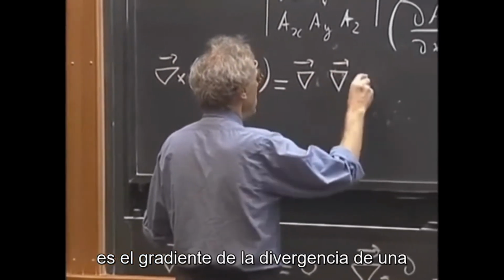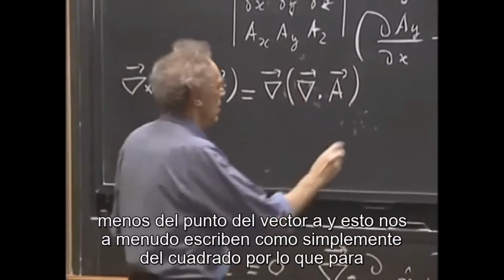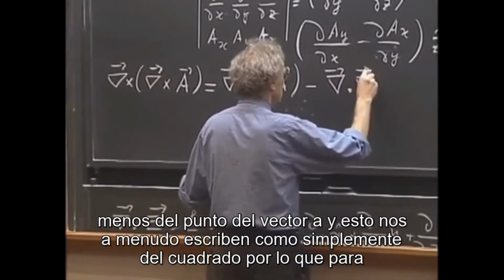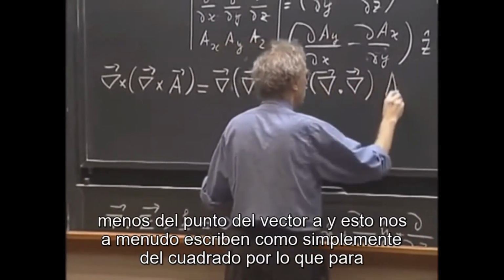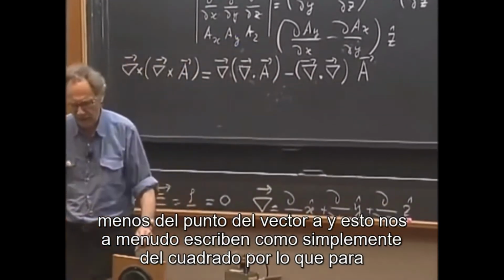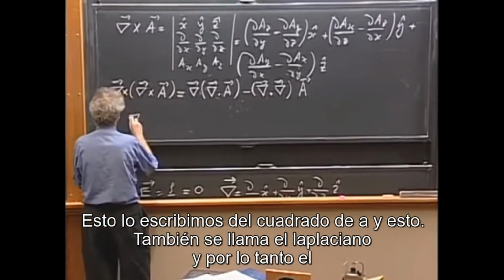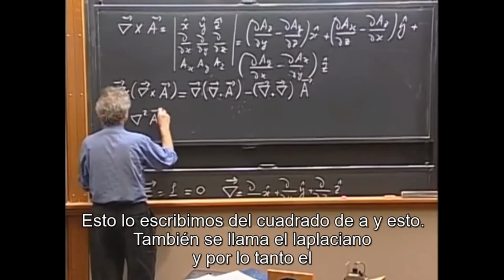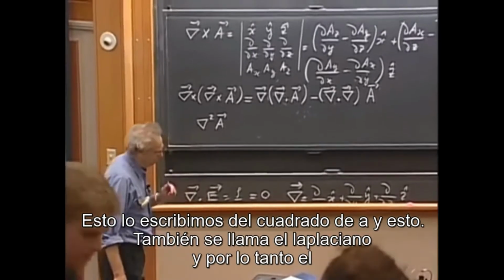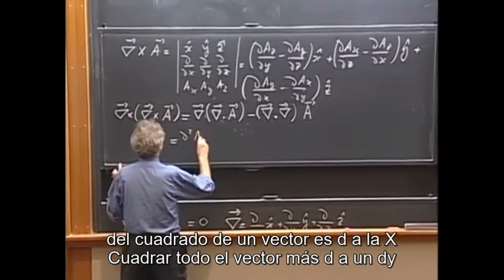is the gradient of the divergence of A minus del dot del of vector A. And this we often write simply as del squared. So for this we write del squared of A, and this is also called the Laplacian. And so the del squared of a vector